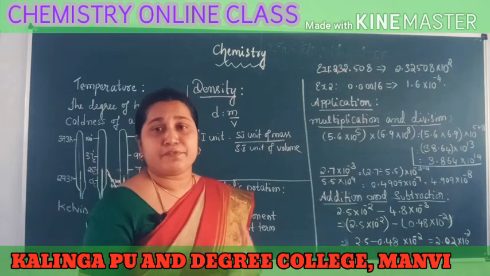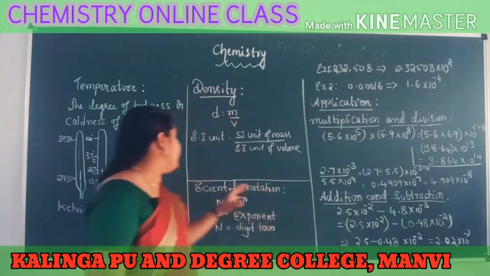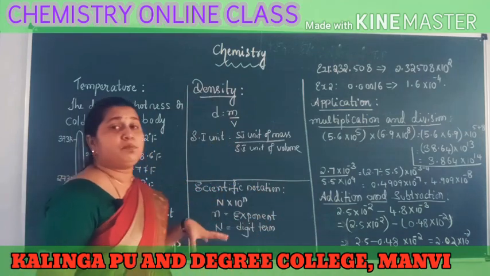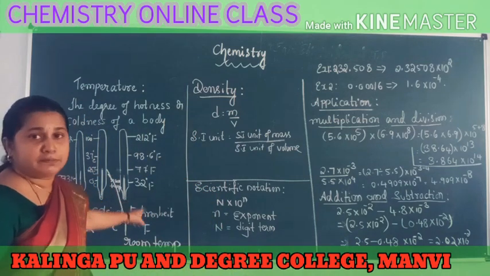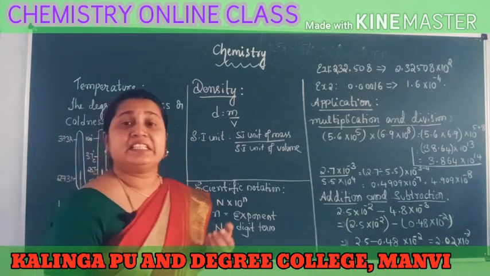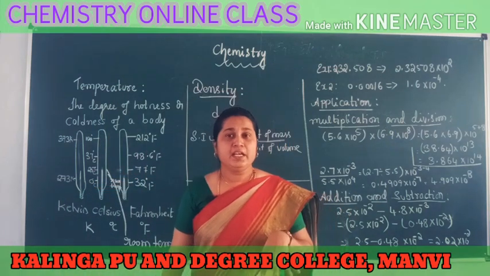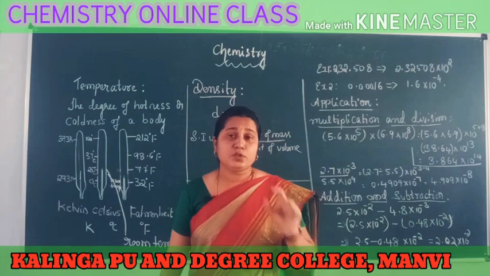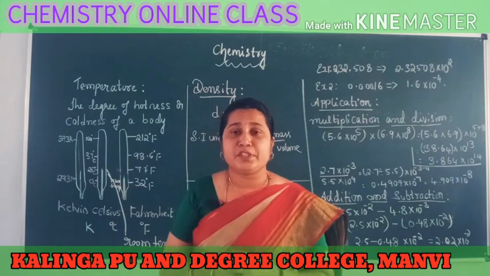Like that, the temperature of any body can be measured with the help of instruments called thermometers, which are calibrated in three scales: degree Celsius, degree Fahrenheit and Kelvin. So you have to use only Kelvin. Okay, that's about the measurement of temperature, one important property of substances according to our chemistry.